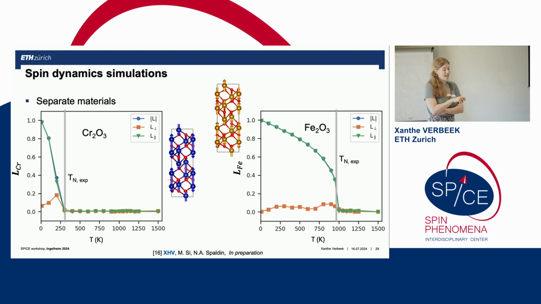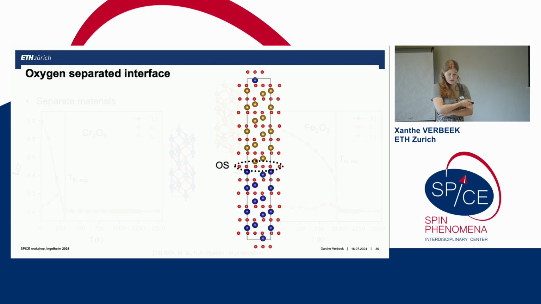In the iron oxide, in this simple model, we see very similar behavior to the chromium oxide, meaning that we don't capture the Morin transition, but we immediately move into the low temperature arrangement where the moments are parallel to z. If we now look at our interface, we were hoping to see interesting magnetic properties that weren't there in bulk,